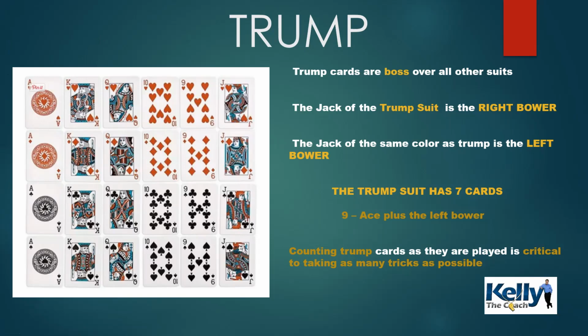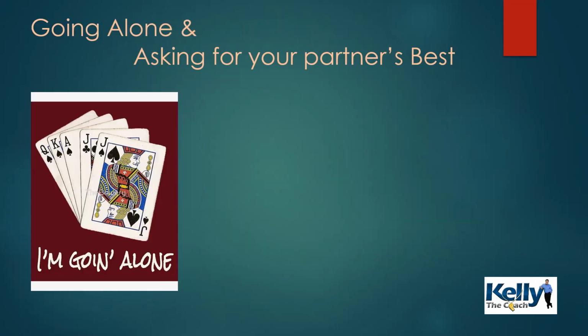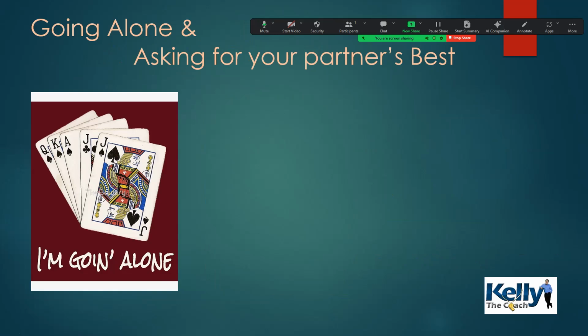that you have. Isn't it wonderful when you go alone and you get your partner's best and they give you the right or left Bauer or something? That's always nice. But again, I wasn't sure about this before, but I've become 100% convinced it's better to give somebody a 9 of hearts trump rather than any other ace or any other card. Perfect hand, of course, going alone. The rules that I like to use is you can go alone, you can get your partner's best. If you prefer not having those rules, then you have an opportunity to do that.